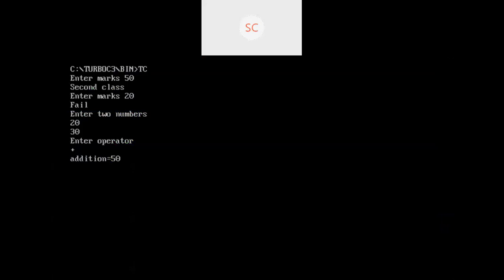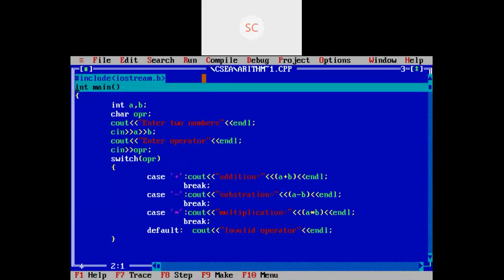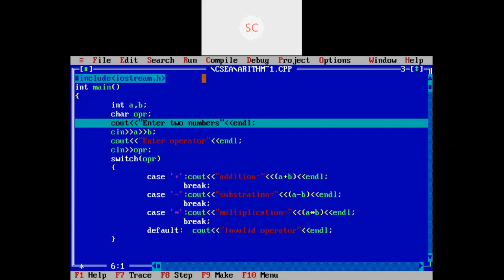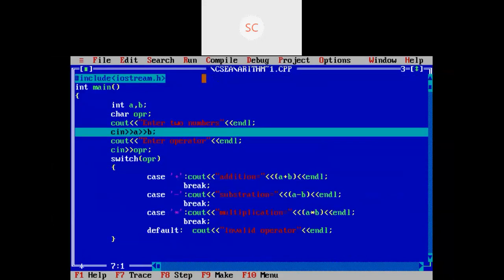See how it will run internally. Just observe the debugging process. First, we'll come to the main function. Observe how the cursor control is moving. It will ask the user to enter two numbers, and read them into A and B. Here you need to enter two numbers first.